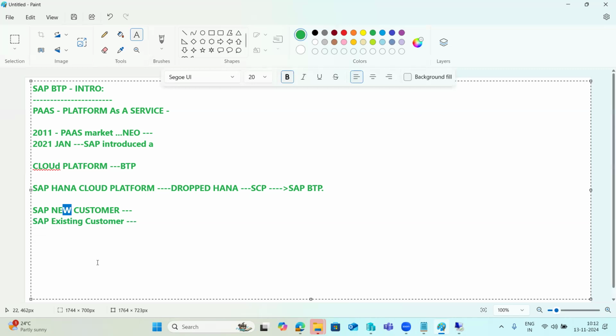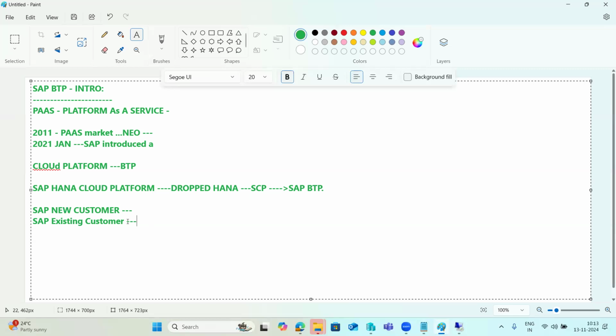Customers always, at the end of the day, look for minimum efforts, low cost, and faster time to market. These are the three things they always go with, right? So minimum efforts, low cost, faster time to gain the market. They don't prefer to spend more money on things like landscape setup, installations, configuration, maintenance activities. They don't want to go with this. Why? Because they always prefer low cost, minimum efforts and faster time to market. So in that case,